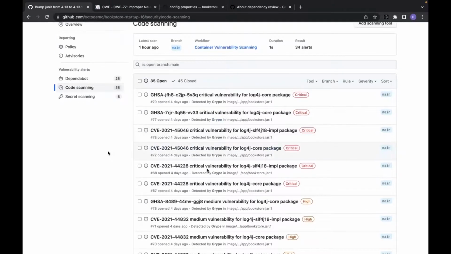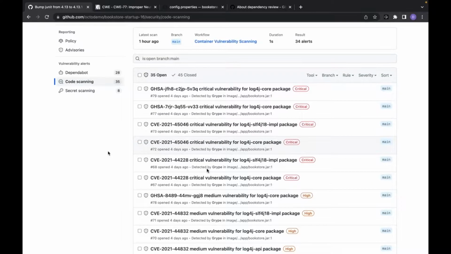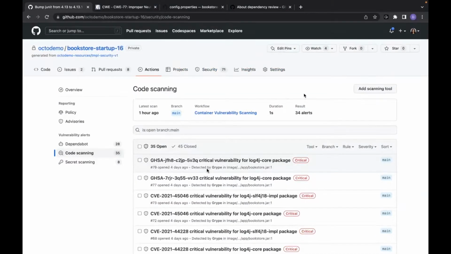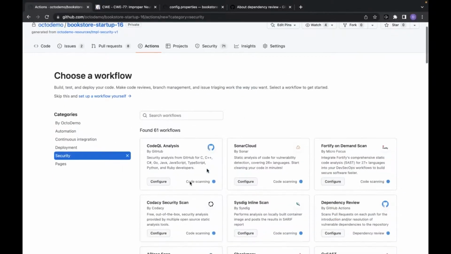Now, what we are trying to do is really automate security checks. Setting this up for the first time is very simple. It's as simple as adding a scanning tool here. As you can see, CodeQL is already configured, but all I had to do is click on configure